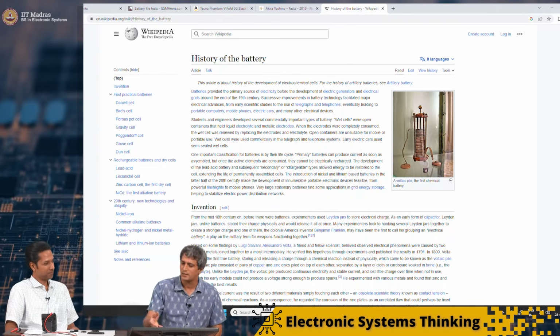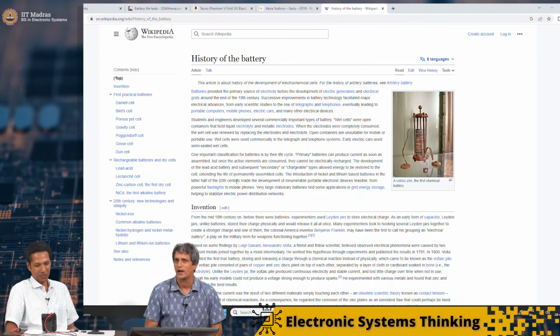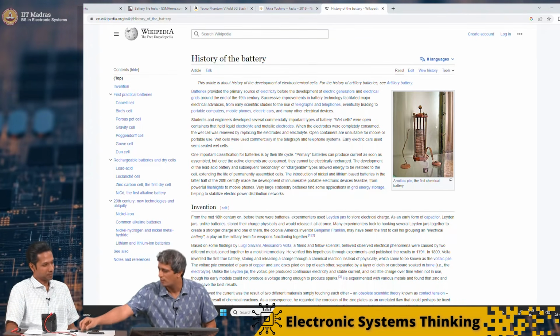Of course, I think that was a much larger form factor. And it's the lithium-ion batteries that are actually so small and make it viable for mobile devices today. So in the next lecture, we will move on to how you charge these batteries and what you have to do with